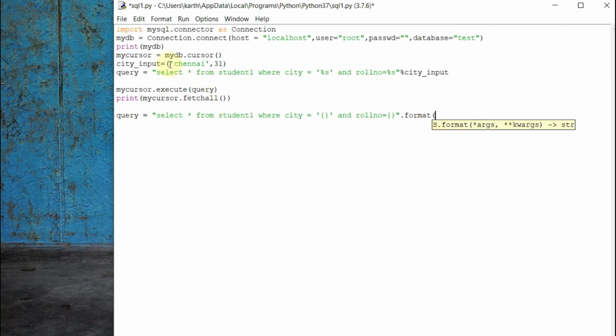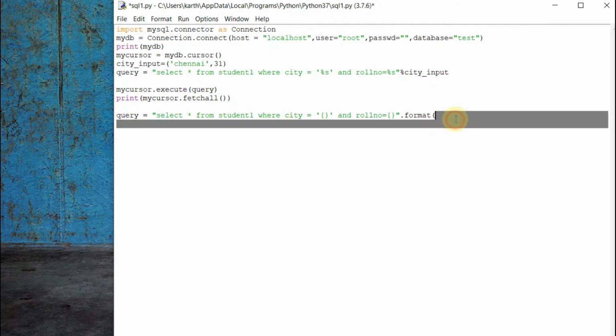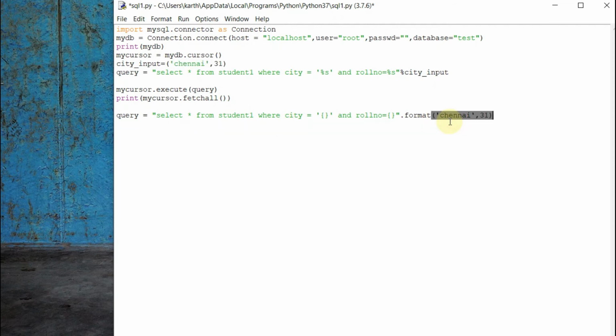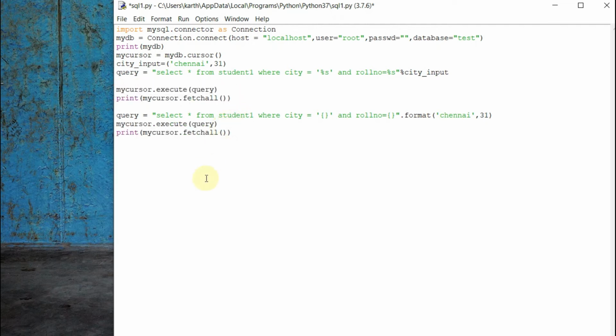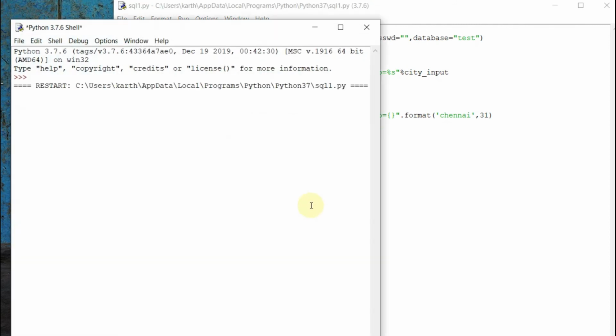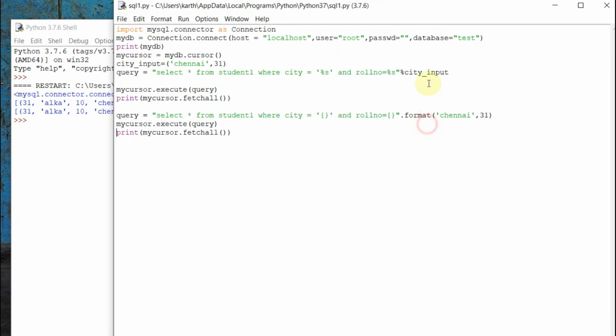I need to specify the parameters now. After this, the same way of fetching the records. Can you see this is the first query's result and this is the next query result. The same query is written in different ways.